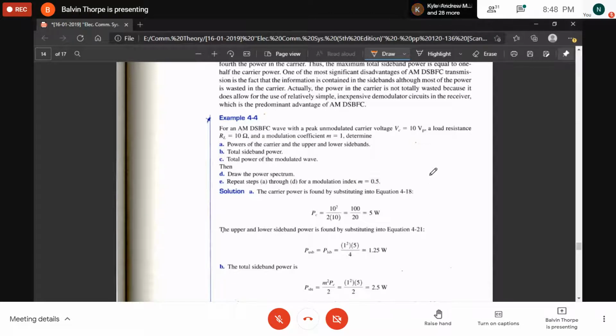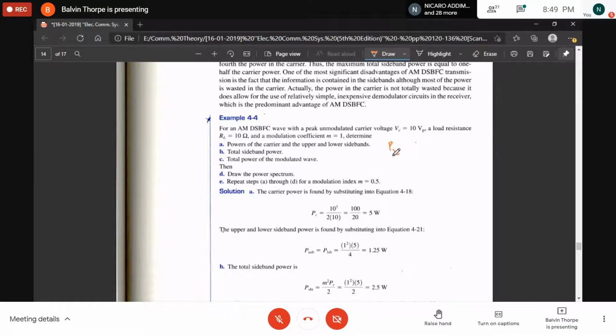We went through all of that to prove that the overall power, it's not asked here, but we could find the overall power PT of the AM wave